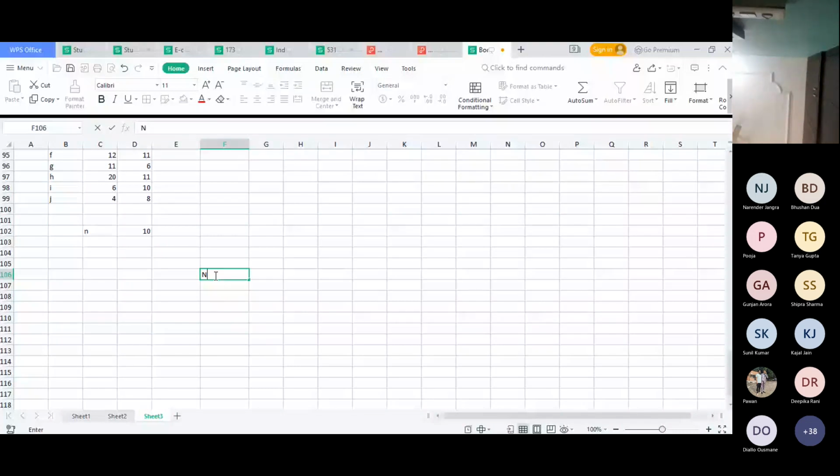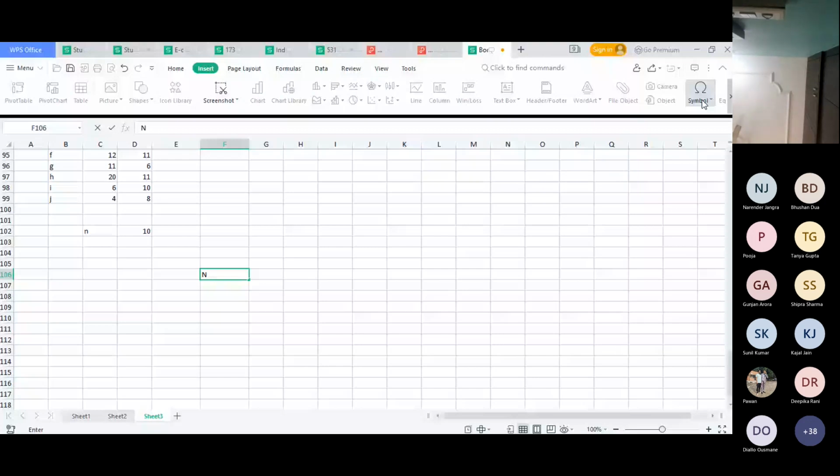It will be n summation xy minus summation x into summation y, whole divided by the under root of n summation x square minus summation x whole square,